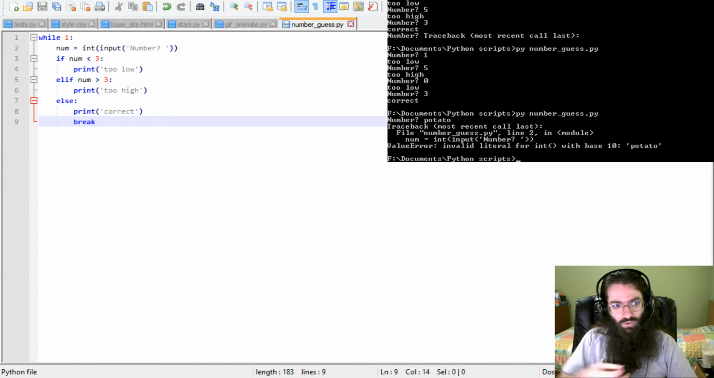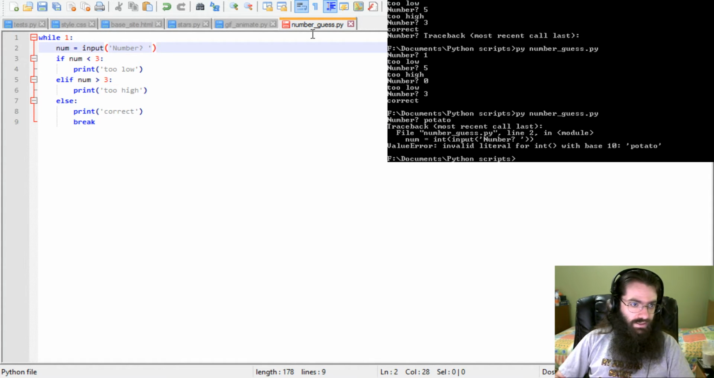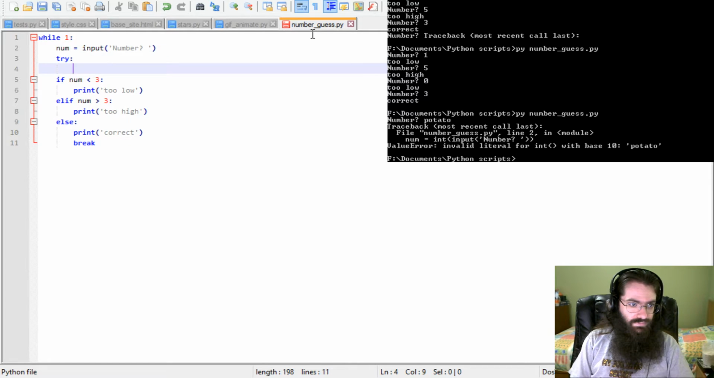Oftentimes a homework of this type will say the user is going to enter a number. Okay, just assume they're doing that properly. Some more advanced homeworks will say don't assume that. They might not want to. And then you have to check for that. Easy way to do that is num equals int num